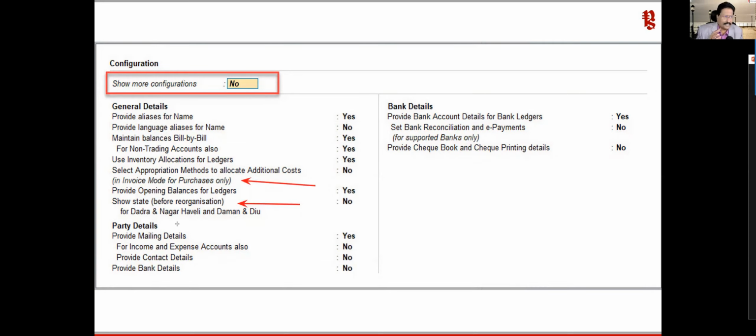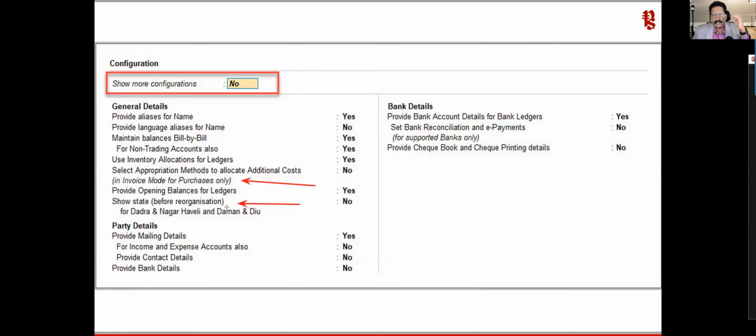There is some change that has happened in the case of Dadar Nagar Haveli and Daman and Diu. I honestly have no knowledge of what changes have happened, but you will see the configuration change here. Let us see in Tally what configuration change it brings. And I'm sure people in Daman, Diu and Dadar Nagar Haveli will know what impact has happened. So, source state before reorganization.